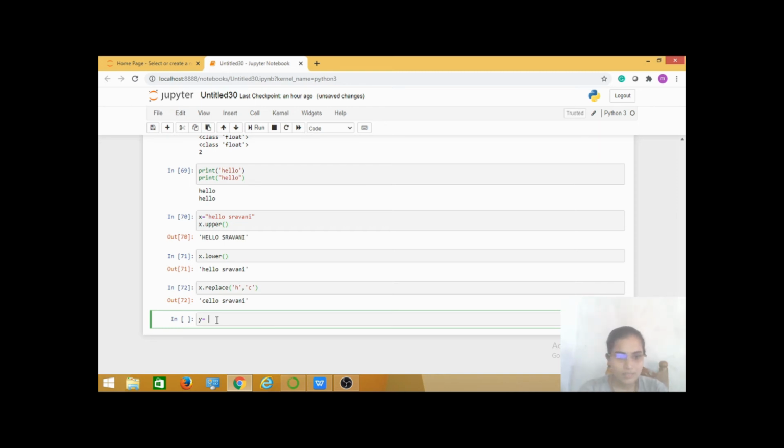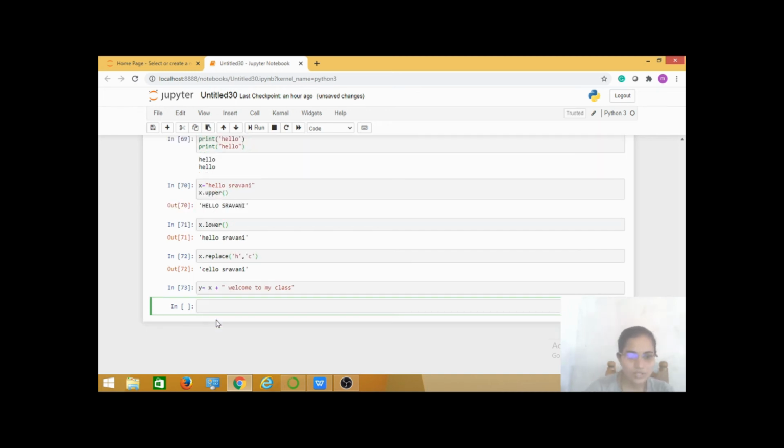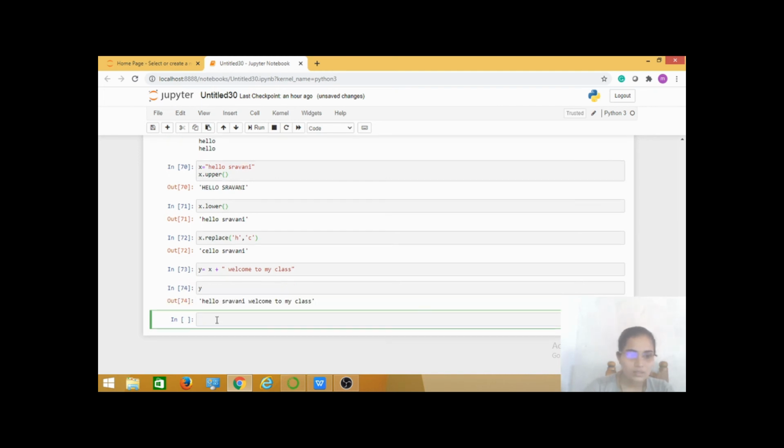Here I am using the previous string x, and this plus symbol is used for concatenation, and here I am using the new string, that is 'welcome to my class'. I'm going to execute this, and I'm getting hello Shravani, welcome to my class.